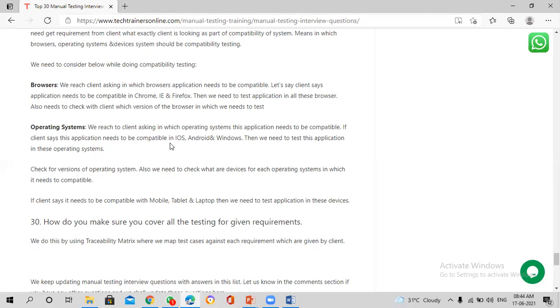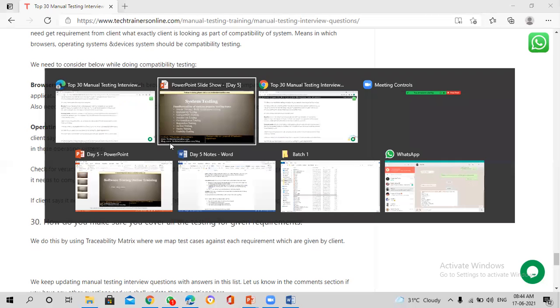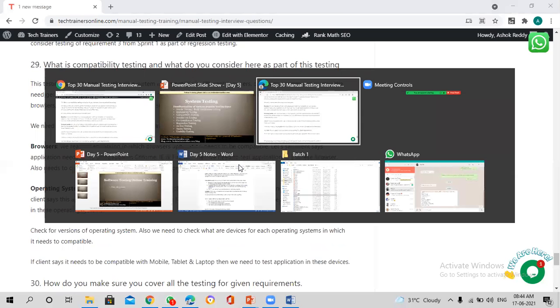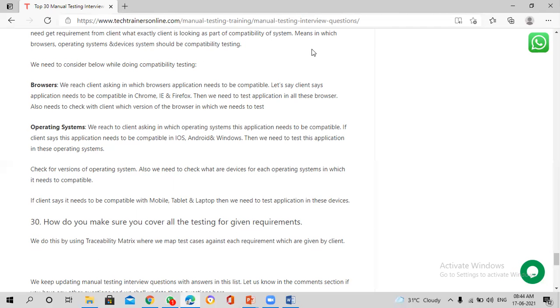Now, if you take an example of this particular block, I see no alignment issues, everything looks good. And this is my Chrome browser. Now I move on to Microsoft Edge. Even here also I see alignment and all looking good. But your content is same. You don't need to validate the content because it is same thing. Either you open in Chrome or in Microsoft Edge, it doesn't matter. It is going to display the same thing here.